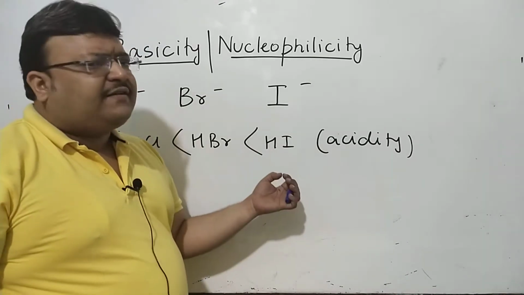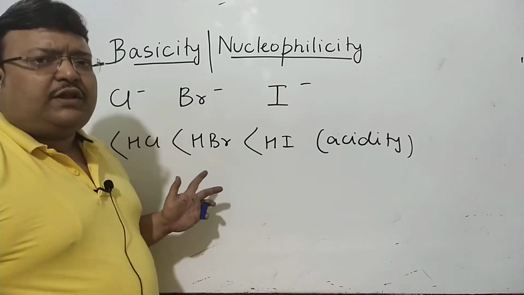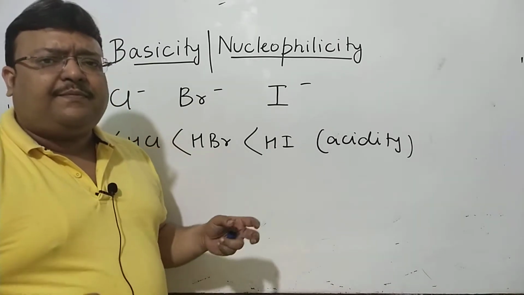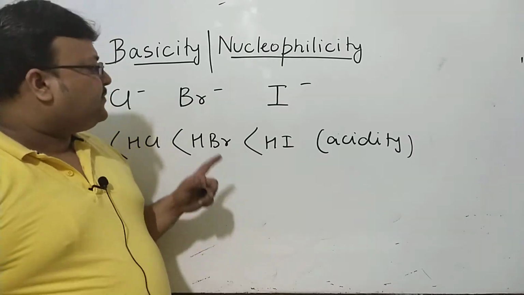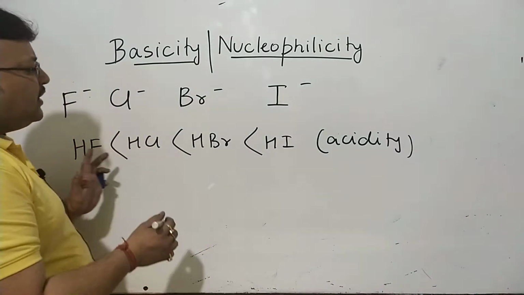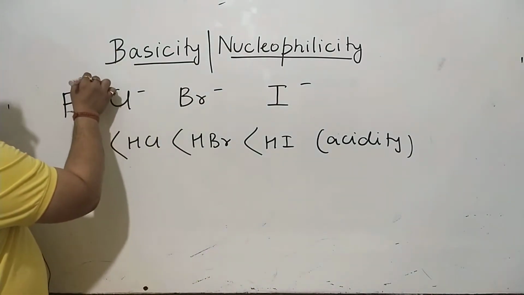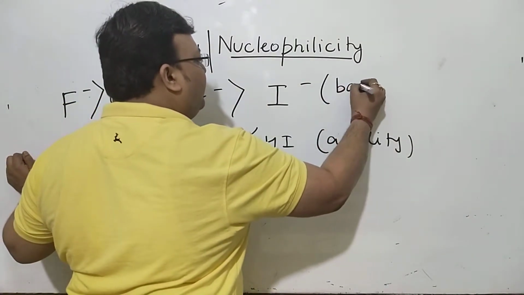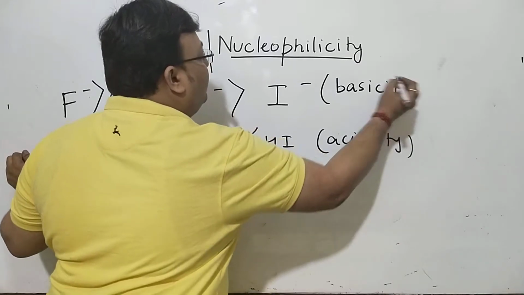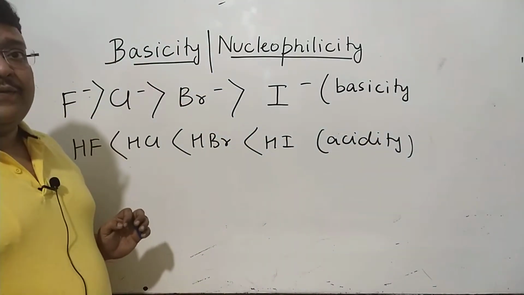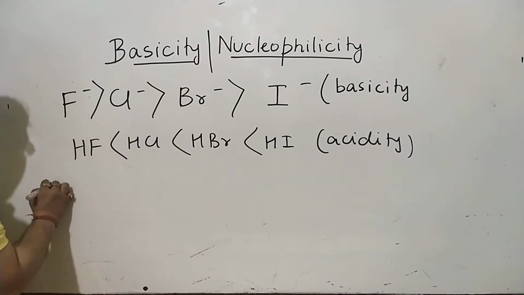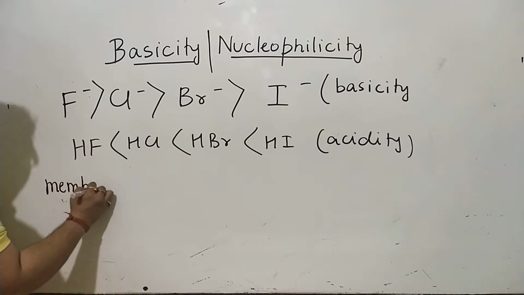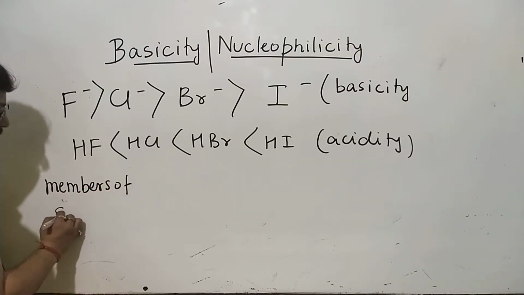You know HI is the strongest hydracid. Down the group, it's easier to lose H plus, bond energy is lesser, size is more. It's the strongest hydracid. Now if this is the order of acidity, naturally the reverse will be the order of basicity. And now there would be something different. When they are related as members of the same group in the periodic table,